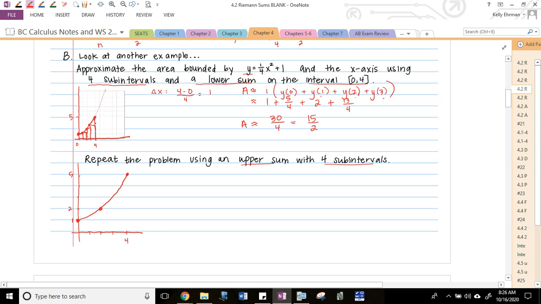So an upper sum is going to be an overestimate. An upper sum, we should have some part of the rectangle above the curve or outside of the curve. So for an upper sum, if you mark off where the section ends at 4, start on the 4 side. It's an upper sum, start on the right side of the interval. And our delta x, we're still talking about 4 subintervals, so it's still just 1 unit. But we're starting at a height of f of 4, or y of 4, and we're drawing that rectangle over to 1 unit across. So we're going to use this area